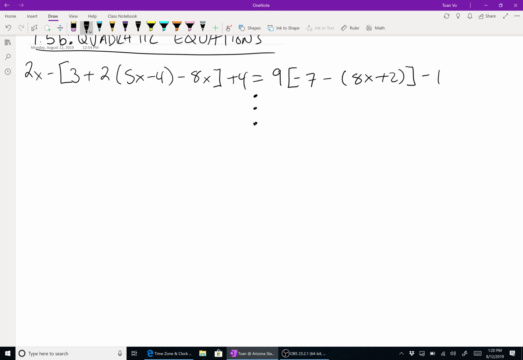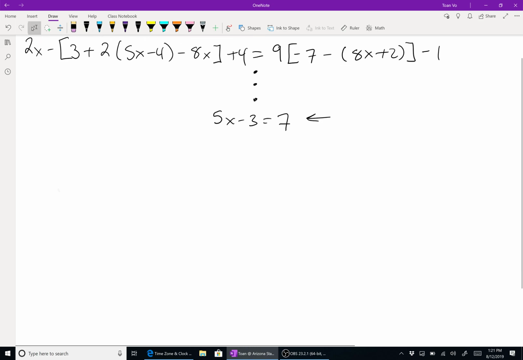But if you followed my tips, simplify both sides, don't start solving the equation yet. All of those problems basically boil down to something like, and I'm making this up, 5x minus 3 equals 7. Like every single one of those hard problems, it started off complicated, but if you went through the tips, simplifying both sides first, you always ended up with a very simple equation like this. Because